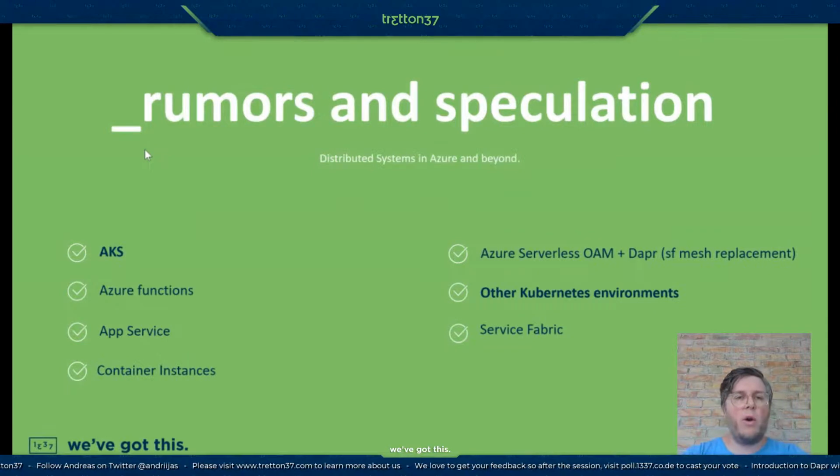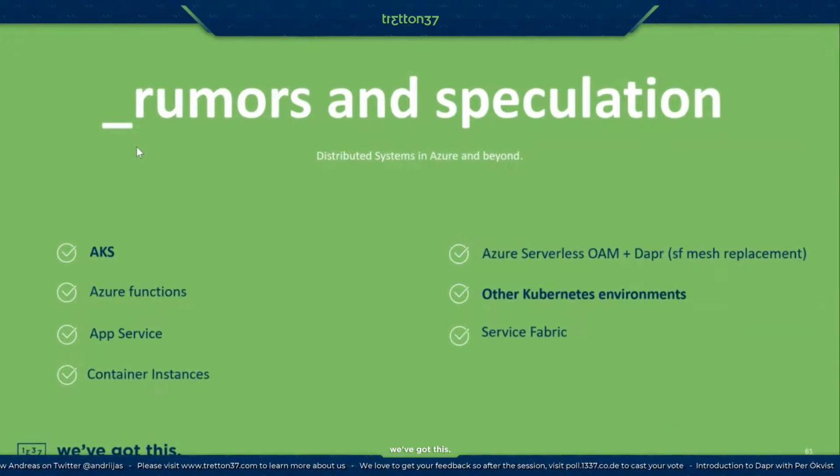That moves us into the area of rumors and speculation on my part. So as you've seen, one target, of course, is current Kubernetes usages. If you have any AKS installation or are running something in a container engine, or anything using Kubernetes, the target is that you're going to be able to Daprize your services and take advantage of all these things as soon as possible. It's possible even now, but then you could speculate about other services within Azure that are part of distributed systems. How could Dapr move in and fill that application model?